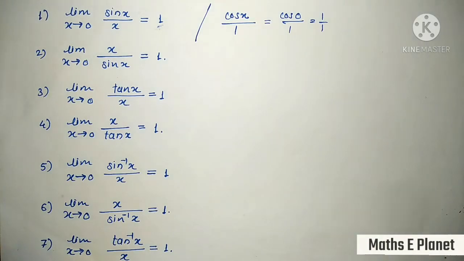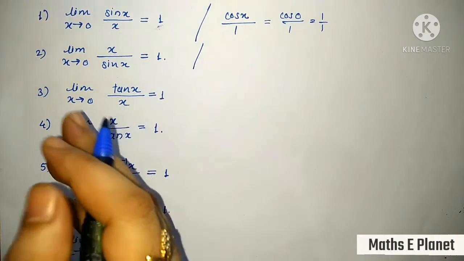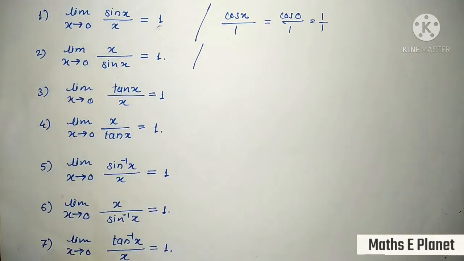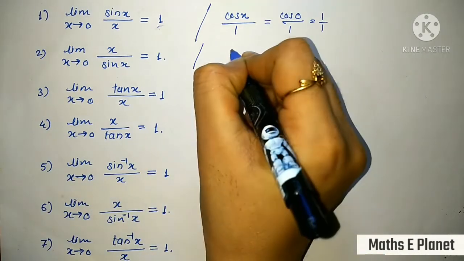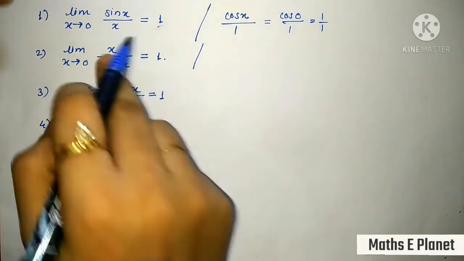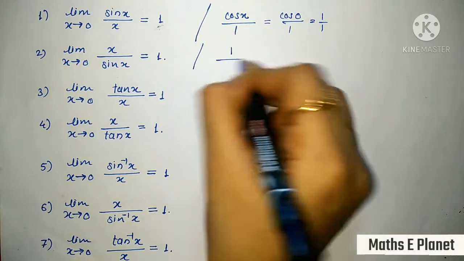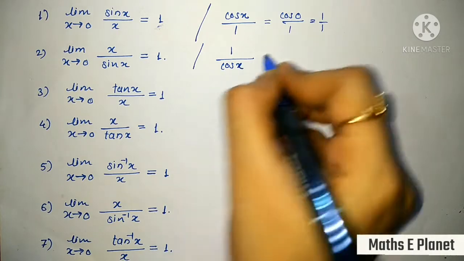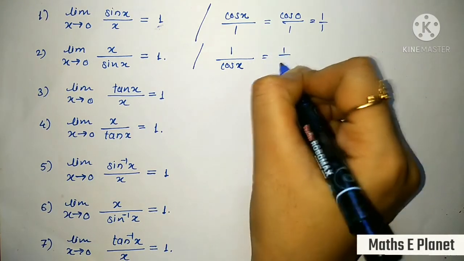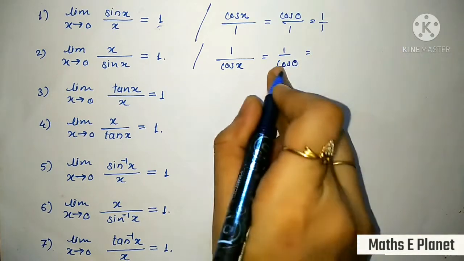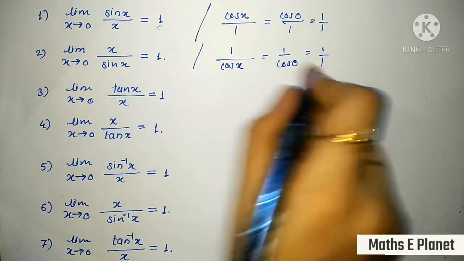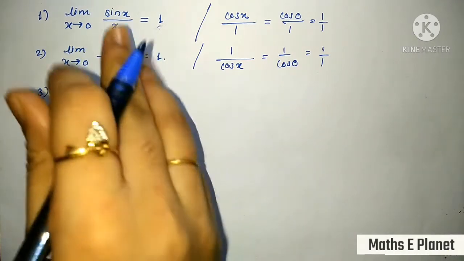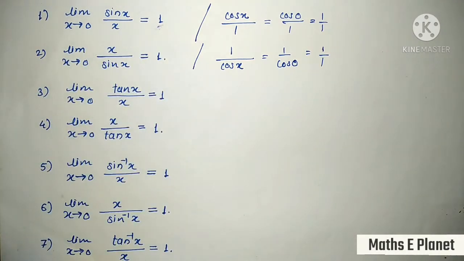Now let's take the second formula. It is very similar to the first formula. Here also you have to take the differentiation of numerator and denominator separately. The differentiation of x is 1 and the differentiation of sin x is cos x. Now instead of x put 0, so 1 upon cos 0, and cos 0 is 1, so the answer is 1. In case you sometimes forget the formulas or get confused about the value, then you have to use this trick.